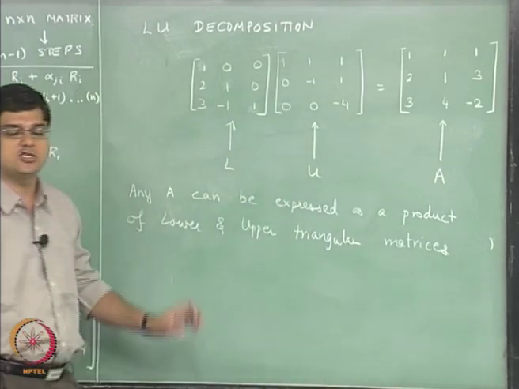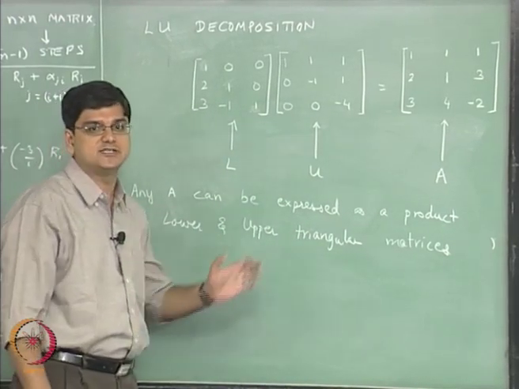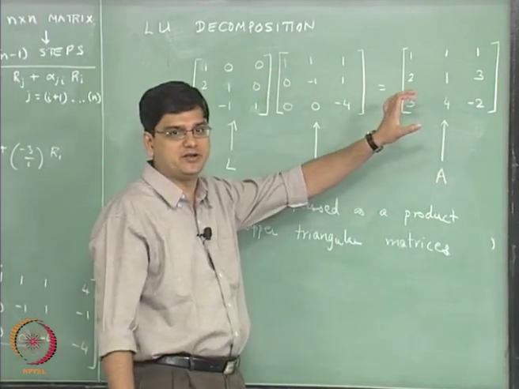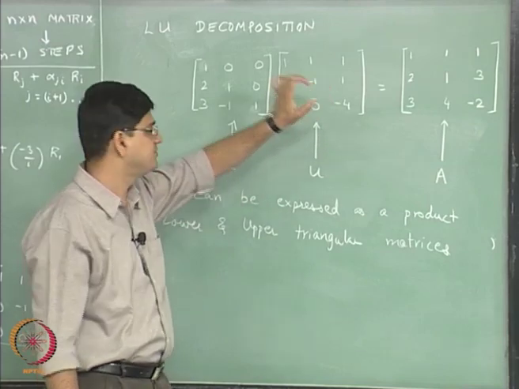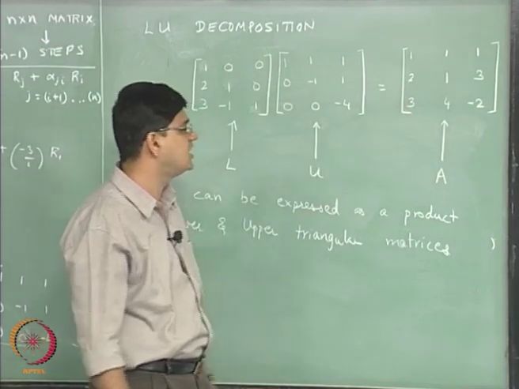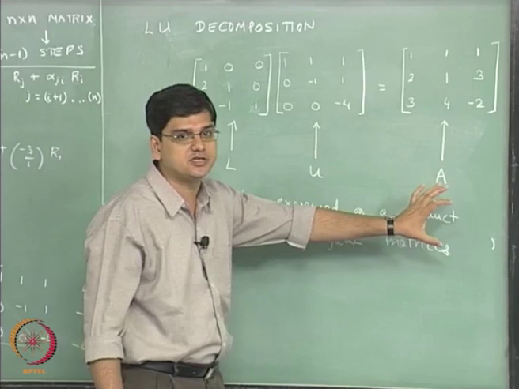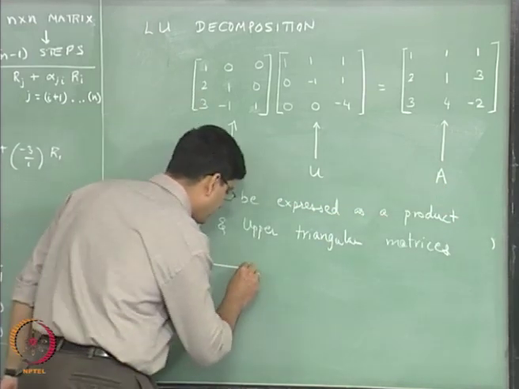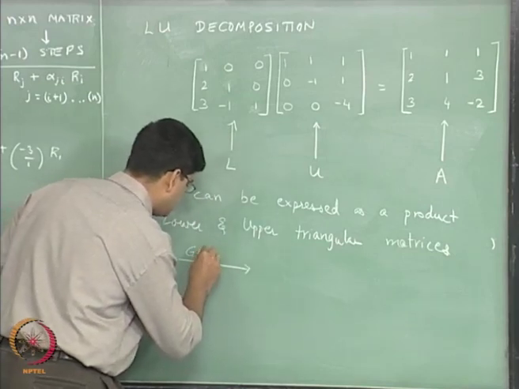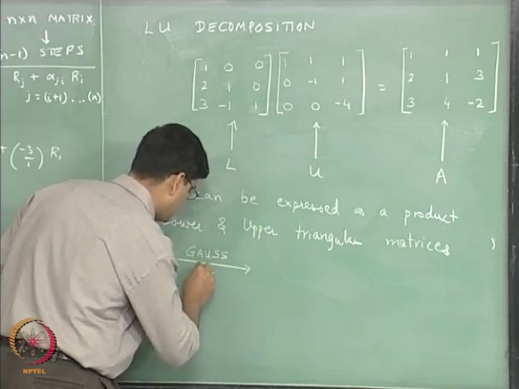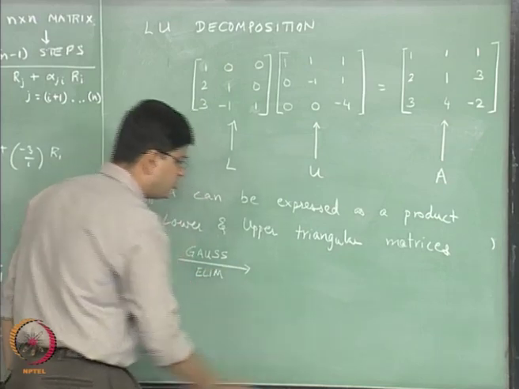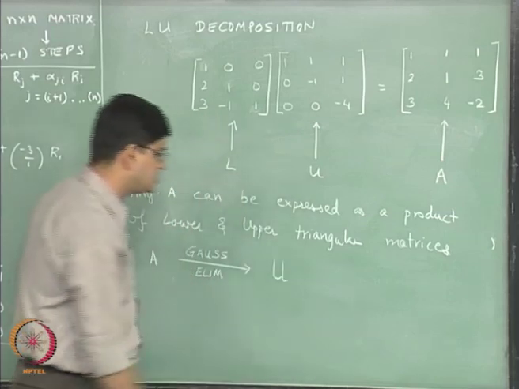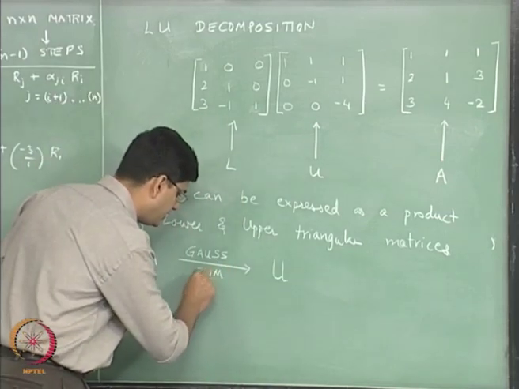Okay. The choice of the lower and upper triangular matrix is not unique. This is just one L and U matrix that we can get through the Gauss elimination process. Okay. So we start with A and perform the Gauss elimination. Okay. The Gauss elimination will give us the matrix U, which is the upper triangular matrix, and it will also give us